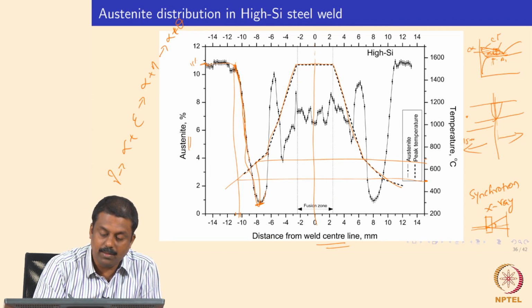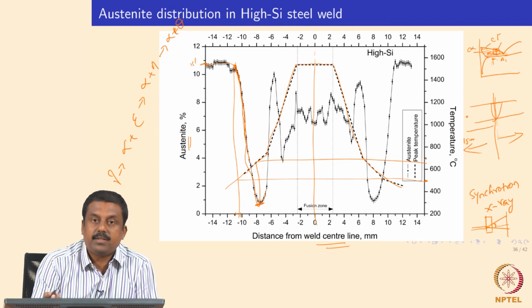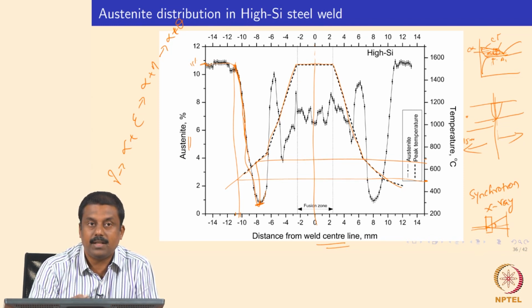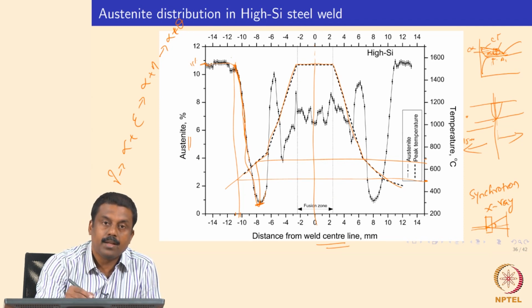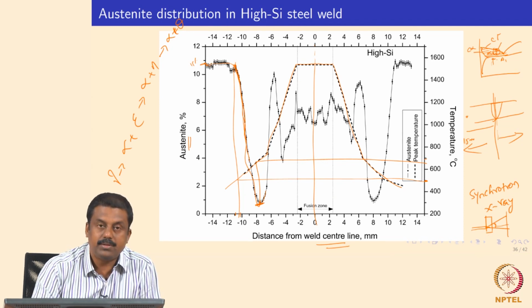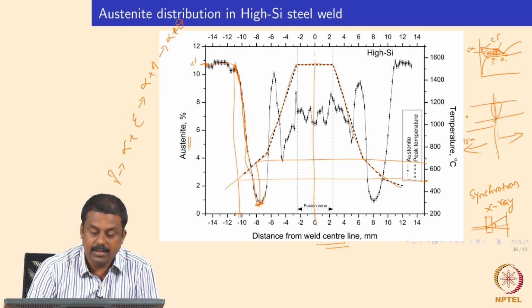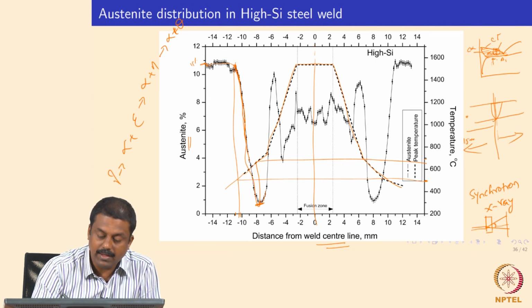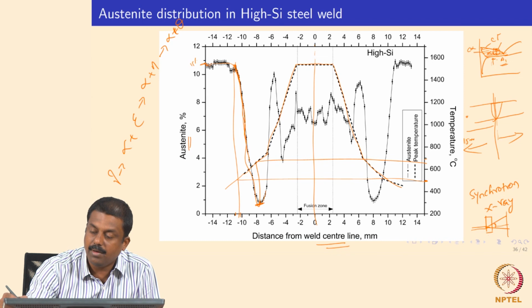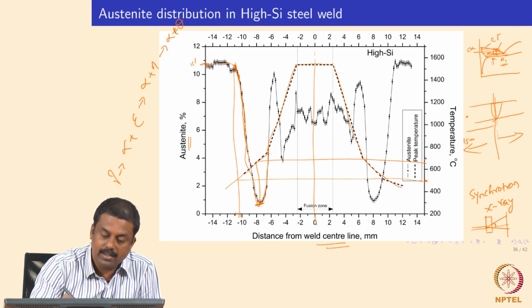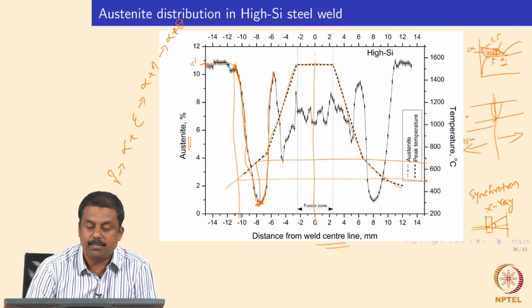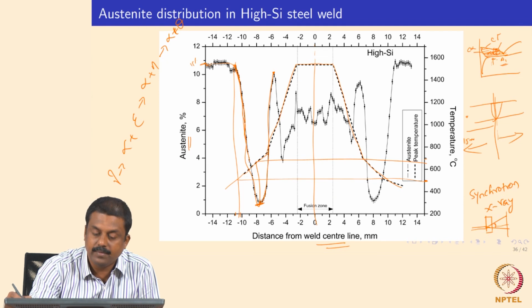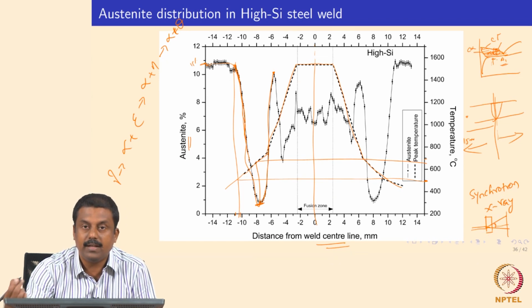Whereas at temperatures below the A1 temperature, austenite is not nucleating. So what happens then? Whatever austenite is present will decompose completely and lead to almost 0% retained austenite in the regions where the temperature is below A1. So when you go above A1, you reach the intercritical temperature region, where you have an ideal temperature at which you have maximum partitioning. That is similar to the heat treatment.